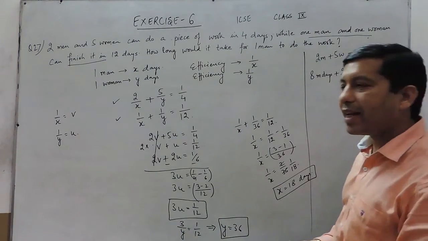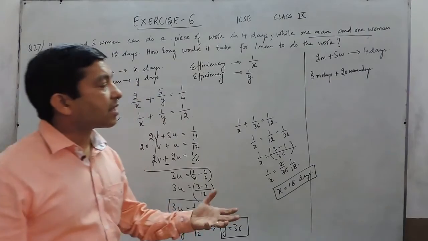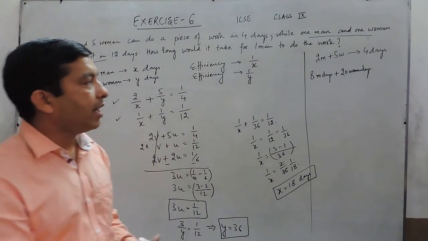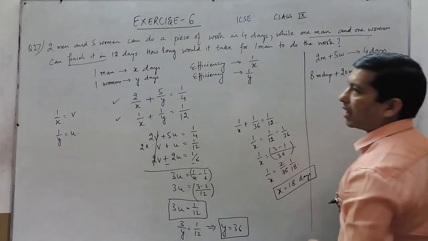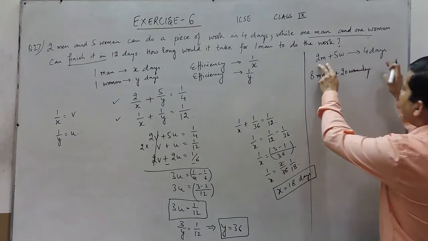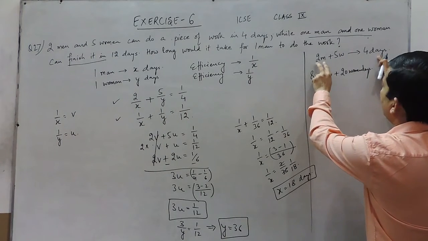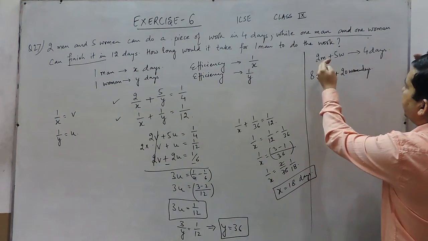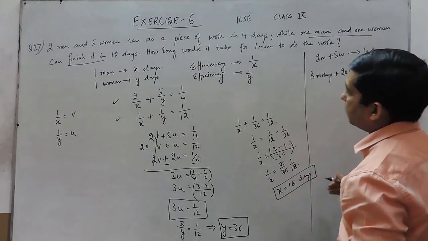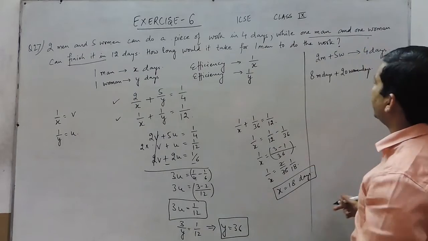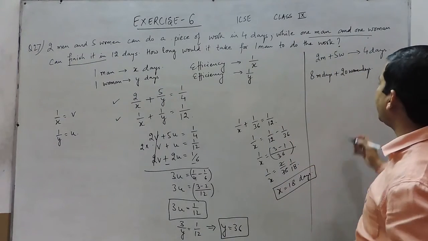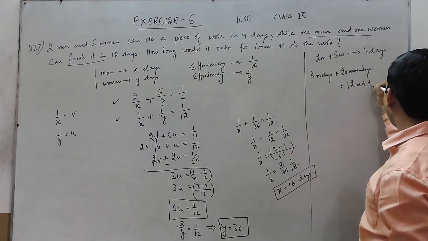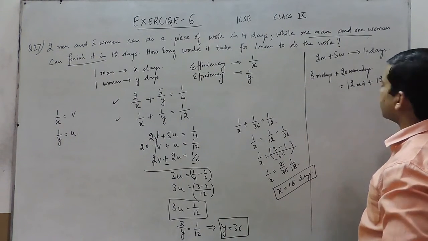When I am talking about man days and women days, it means that if they all work for 1 day only, then 8 men and 20 women can complete it. So we are multiplying directly by 4. So 2 men and 4 days, that means 8 man days, 5 women and 4 days, that means 20 women days. If we look at the second equation, 1 man and 1 woman can complete it in 12 days, that means it is 12 man days plus 12 women days.